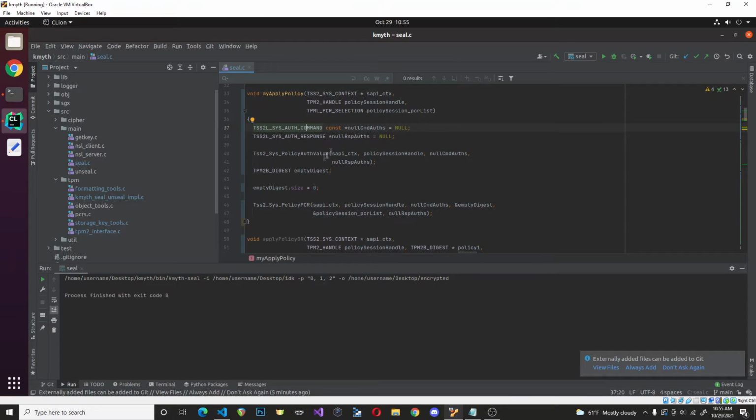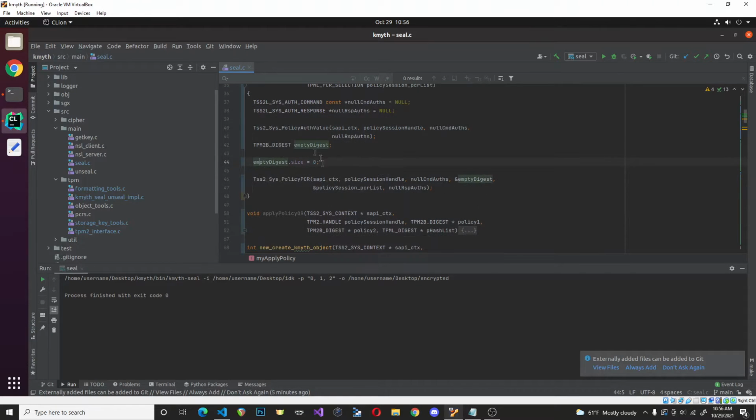This is taking in the policy auth value, which in our case, I don't think we're using one, but I believe that this is referencing whether or not we have an actual password associated with the policy session or the policy digest that eventually comes out. But by default, we pass it an empty digest with a size of 0, and then that gets passed into